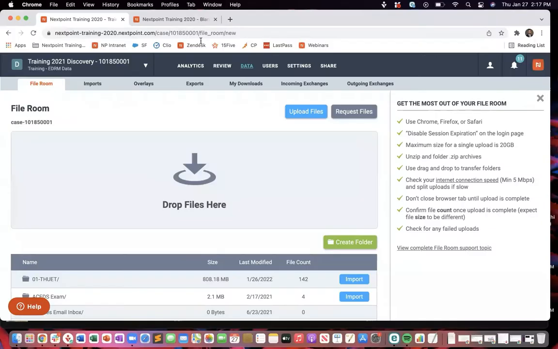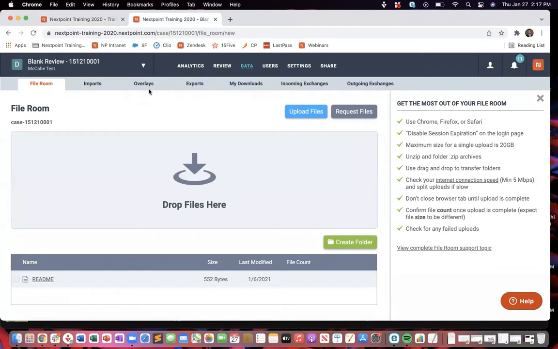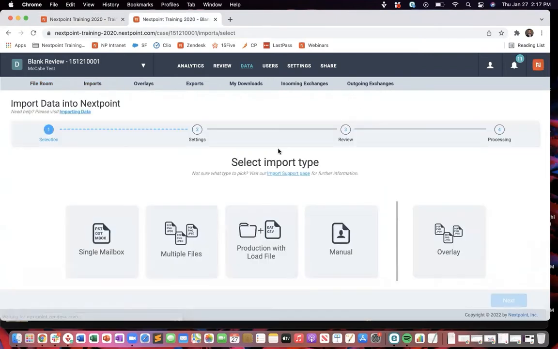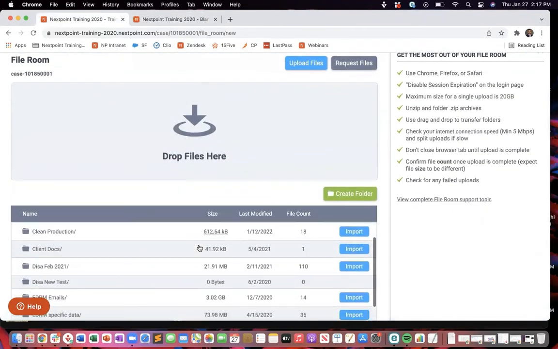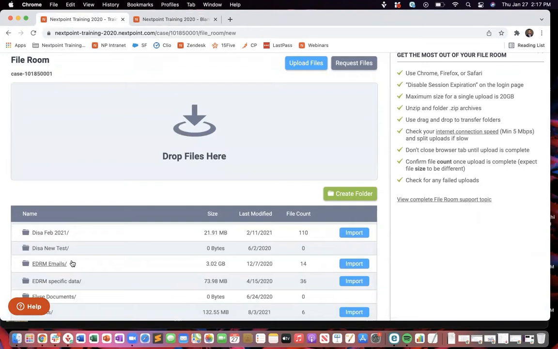We are now ready to go to those different types of imports. Let me go back to here. Let's start with a single mailbox type of import. So this comes down to, again, knowing the data that you have in here. And I know that I've got this folder, EDRM emails, that has 14 files and is over 3.0, it's 3.02